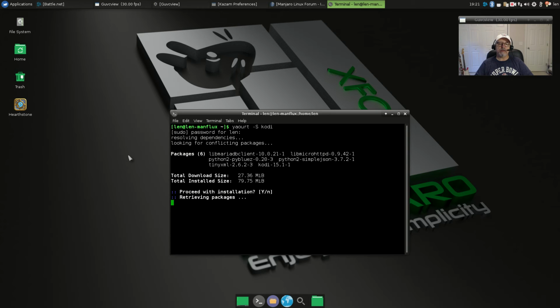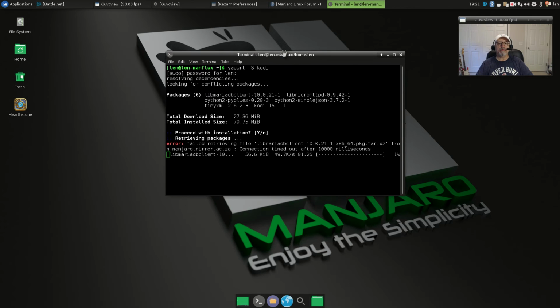So it's going to go locate the packages that are required, and then it will go through the installation process. Now it looks in several mirrors, and it looks like it had an issue with one of the mirrors, so it went and got it from somewhere else. So it's going to go through the installation,